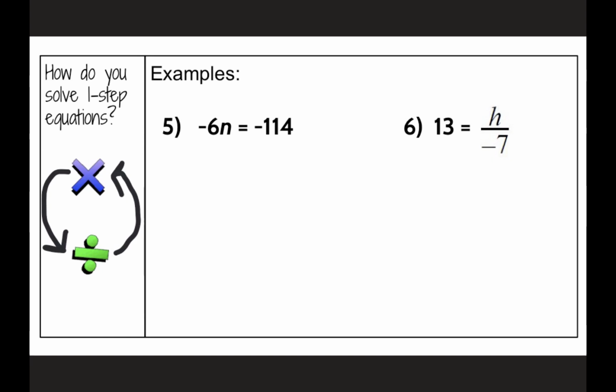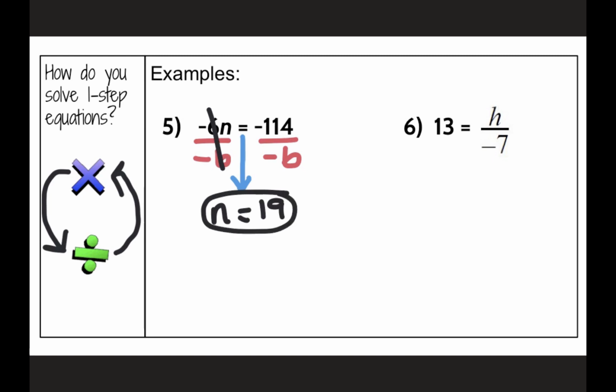Looking at example 5, negative 6n equals negative 114. Maintaining equality, my goal is to get the value of n, to get n all by itself. Therefore, I need to get that negative 6 off of there. It's negative 6 times n, so I need to use division. And I'm going to divide by negative 6 because that coefficient is attached to n. The negative needs to come with. Negative 6n divided by negative 6 gives me 1n, which I can write as n. Negative 114 divided by negative 6, that's going to give me, use your calculator if you'd like to,